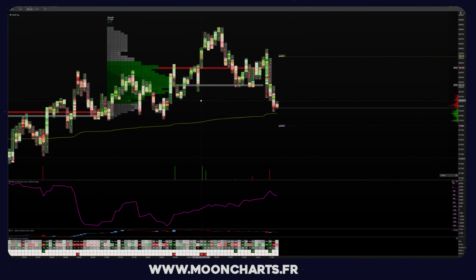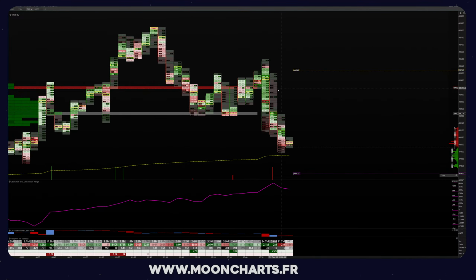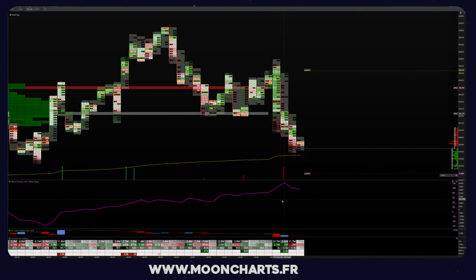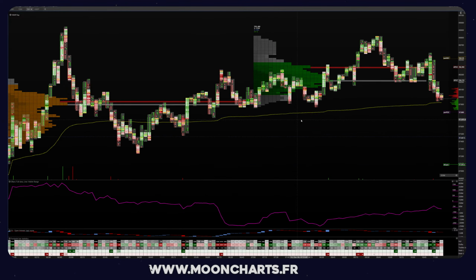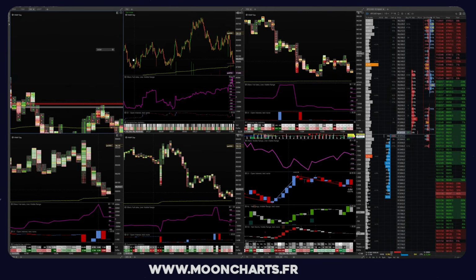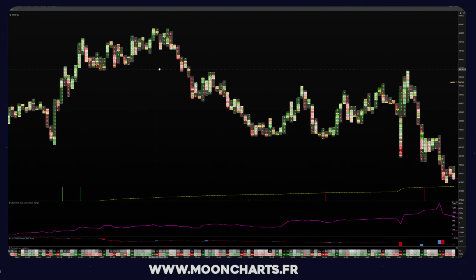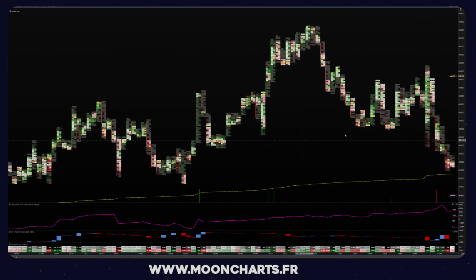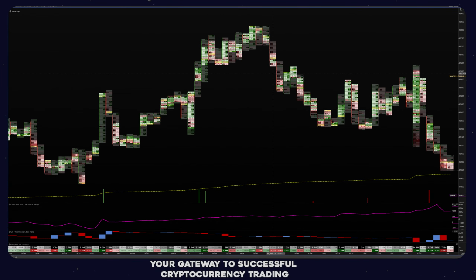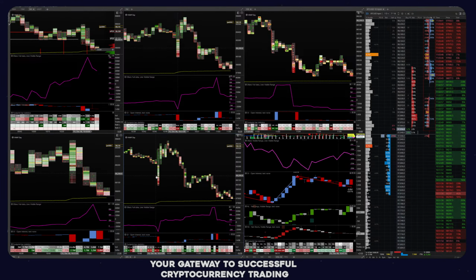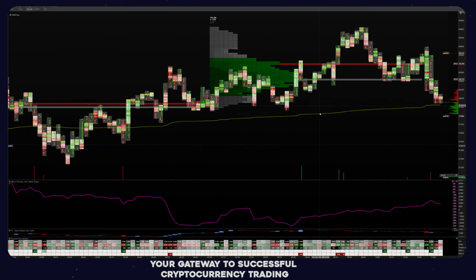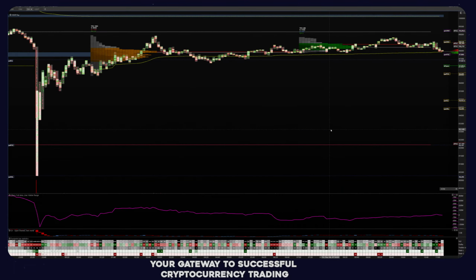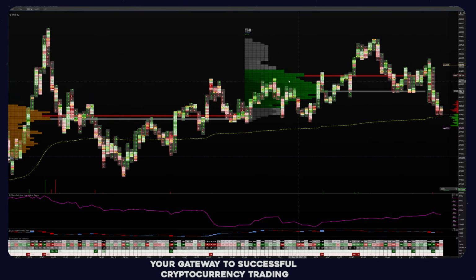Some longs, and now we are having absorption from the longs. Let me see here if you got something really bearish off the top or no. No. So I'm definitely going to simply wait for my targets to be hit.